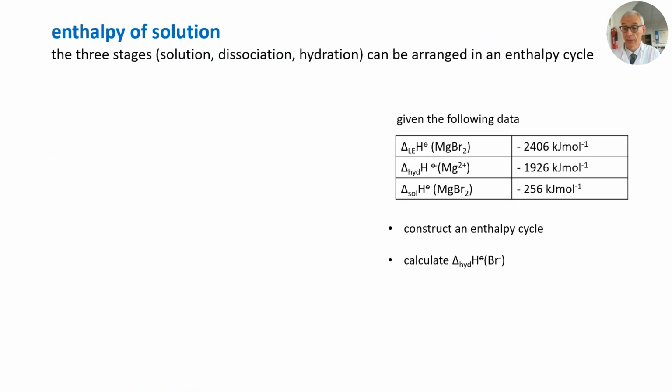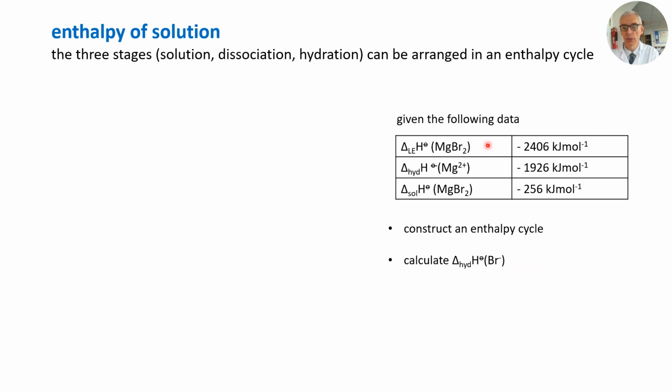If I could correct my error, the answer to the previous problem was plus 11. I simply misspoke. So let's have a look at the next problem. Given this data around about the magnesium bromide ionic lattice, construct an enthalpy cycle and calculate the enthalpy of hydration of the bromide